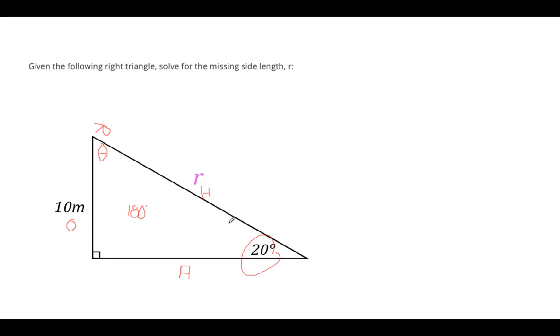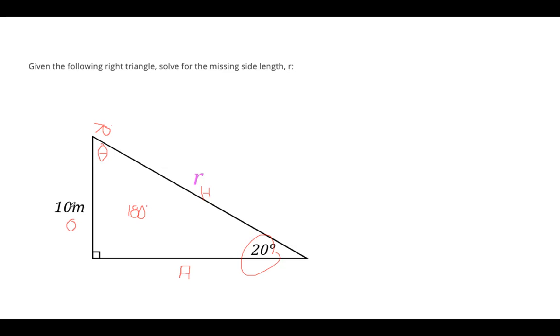Can I use cosine, which is CAH? Do I have the adjacent? No, I don't. And I don't have the hypotenuse either. So I can't use CAH, can't use cosine. Can I use TOA? Yes, I can use TOA, but in this case, I don't want to do too much work. If I did use TOA, I would essentially be finding the adjacent side, and then I would have to use the Pythagorean theorem to find side r. So how about